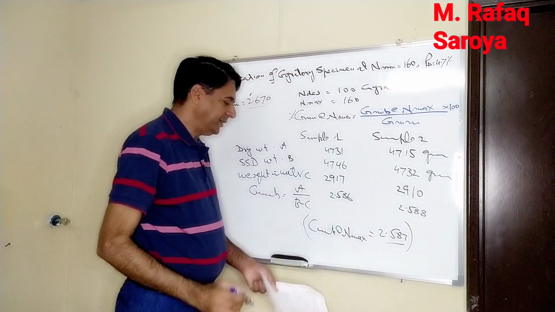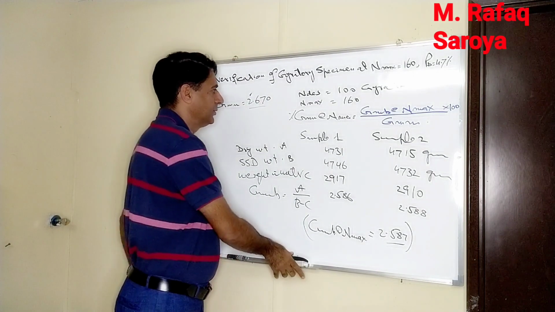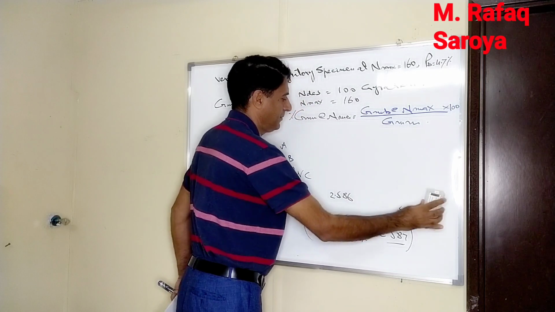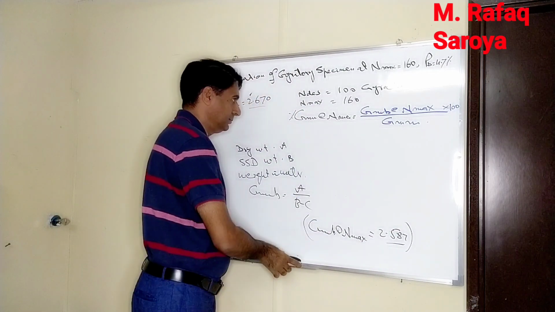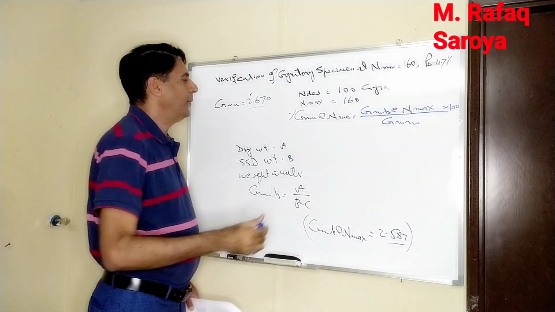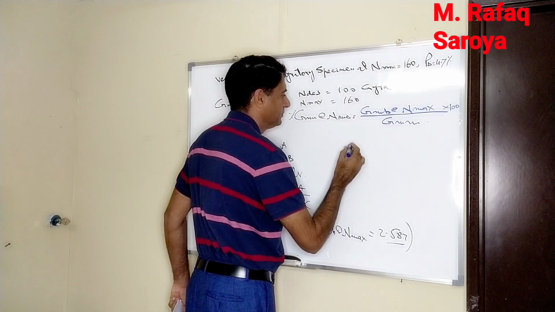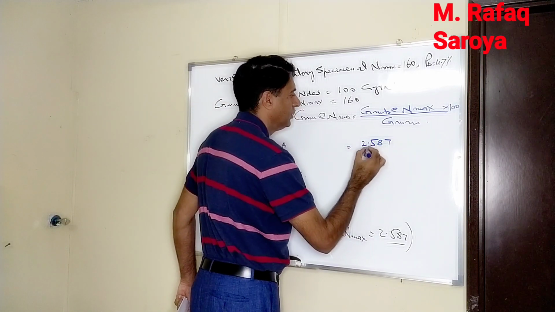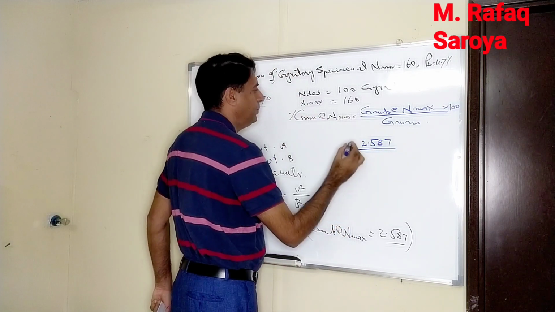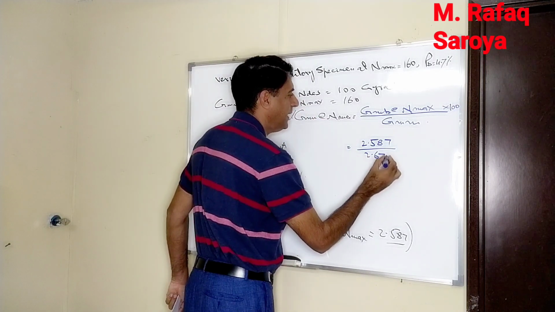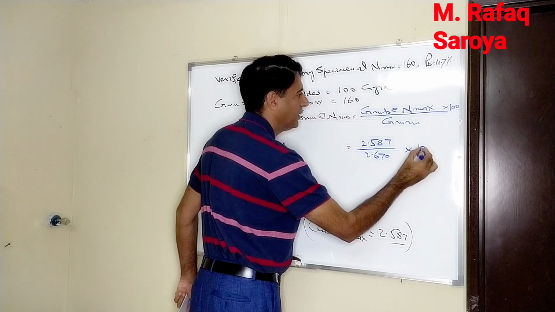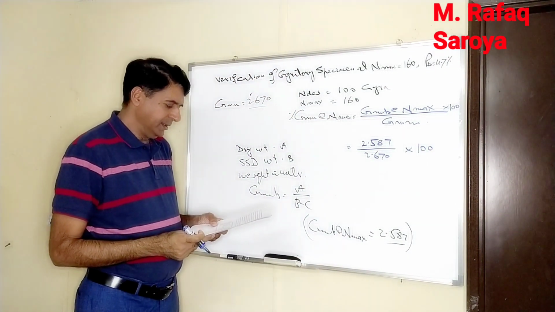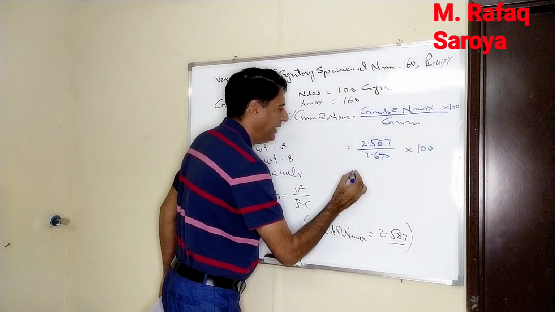Now let us see what the results are. 2.587 over 2.670 into 100. And after making the calculation, the value comes out to be